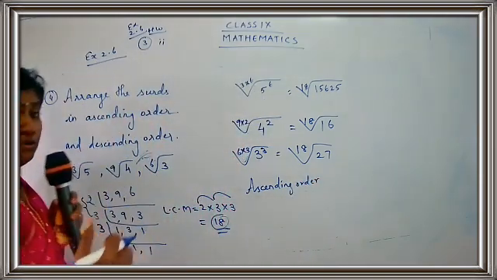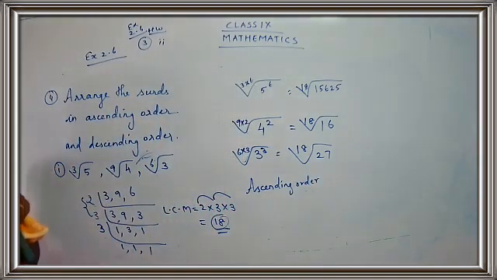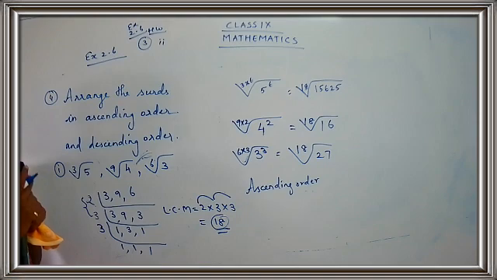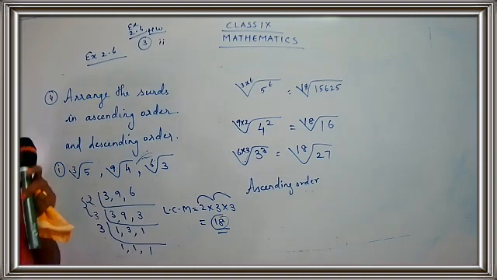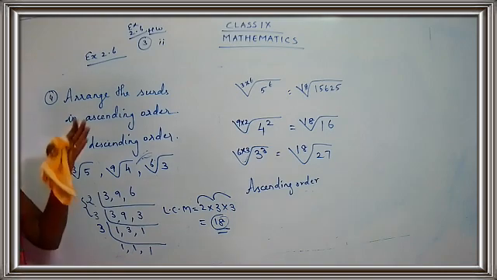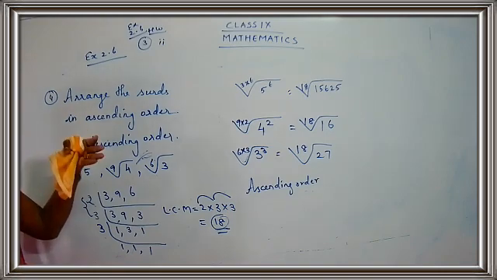Ascending order means, you know what is the meaning of ascending order? From small to big. Ascending means small to big. Ascends. Can you use ascends in one of the sentences? How will you use ascends? The sun ascends in the east. The sun is just going to ascend. It's just going to rise. When you get up early in the morning, you cannot see the sun. It will be just behind the mountain, yes?